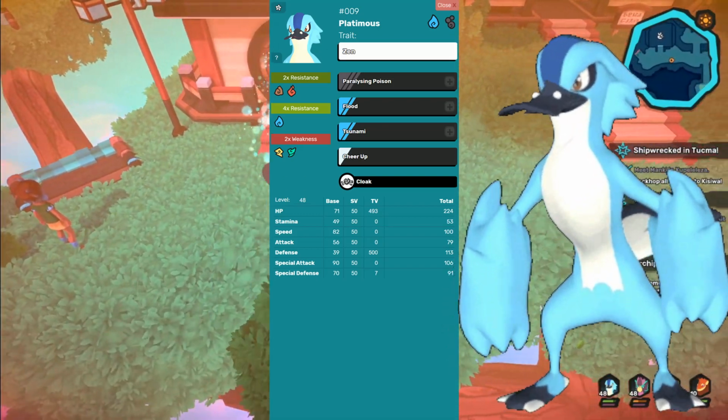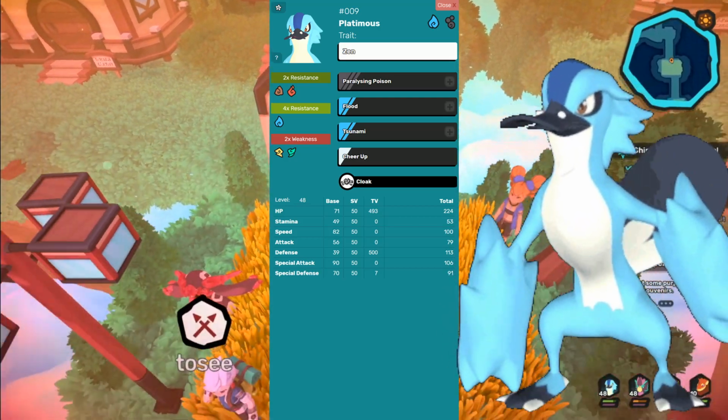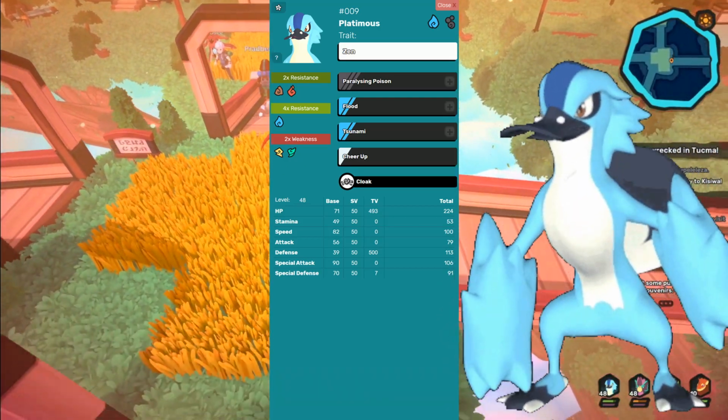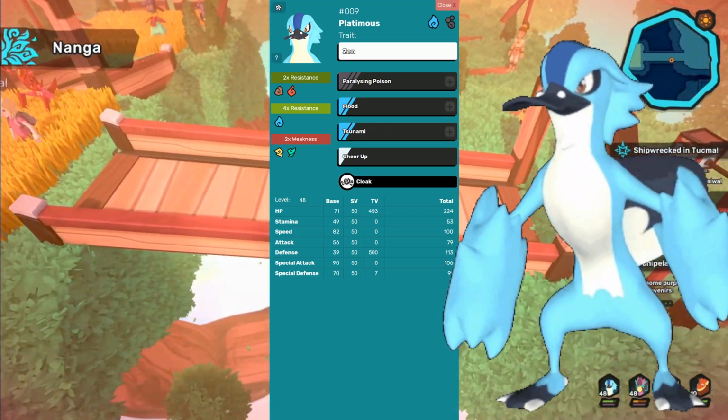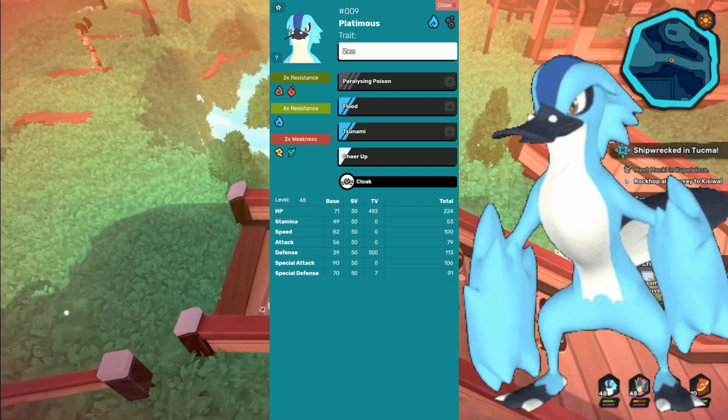Cheer Up is a move that will have fast priority and will be able to decrease the hold by 1 of a Temtem that you target. So if you send Platimus in on turn 1 and use Cheer Up on yourself, you're going to be able to pull off that second turn Paralyzing Poison. For the item, I do have the Cloak on Platimus here because I don't want it to be